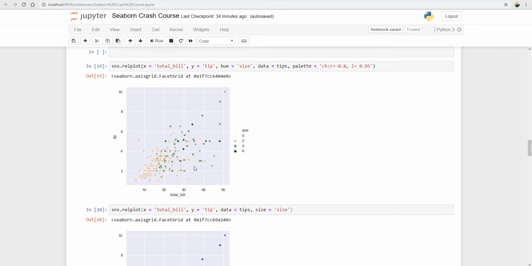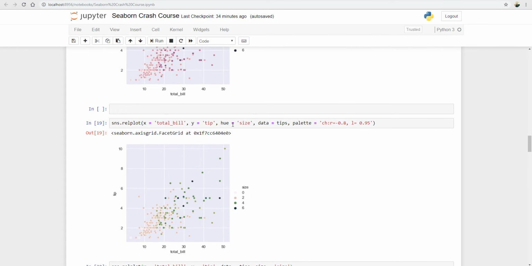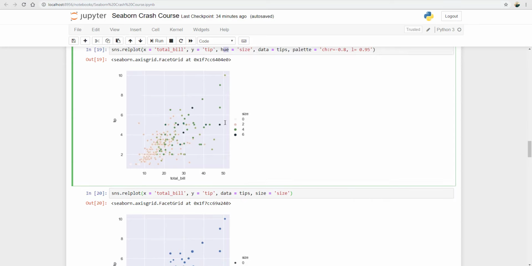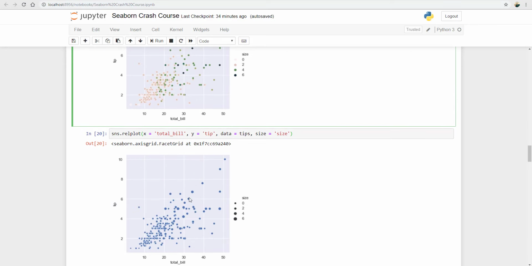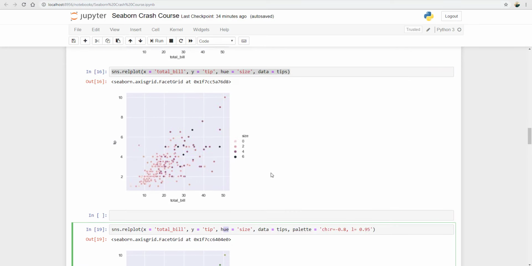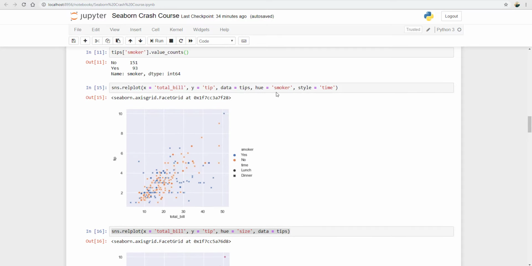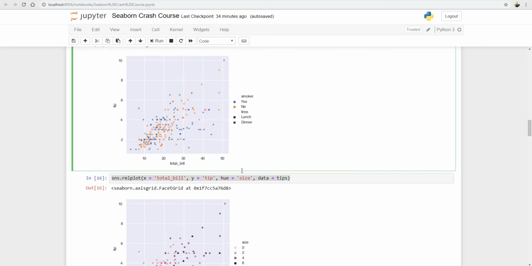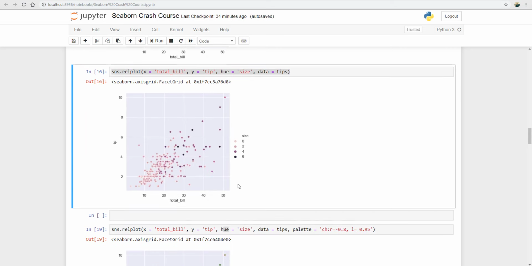You know what is the difference here and there? There we have provided this into a hue. Hue means something like a color changing. If we provide it into a hue, it will change a color, right? But if we provide it into the size, then it will change a size. And if we provide it into a style, as we saw earlier, then it will change a style. Okay, right? To understand that,